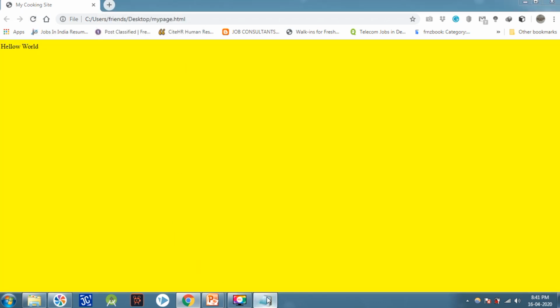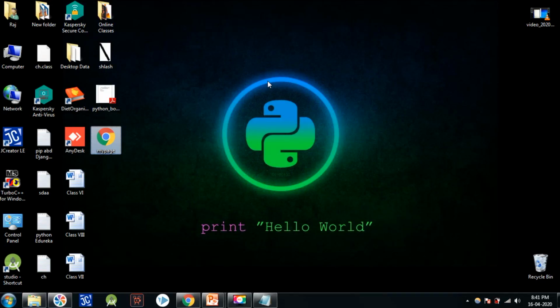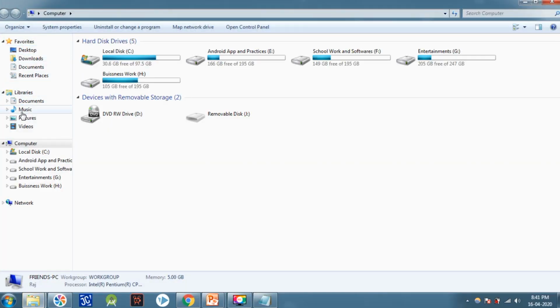Now I'm going to use another attribute, that is background. Background does not contain the name of a color or anything else. It contains the address of an image. So we will look for an image on your computer.